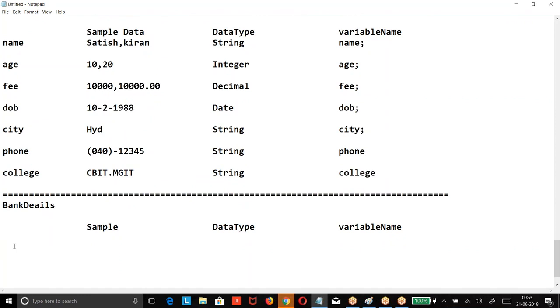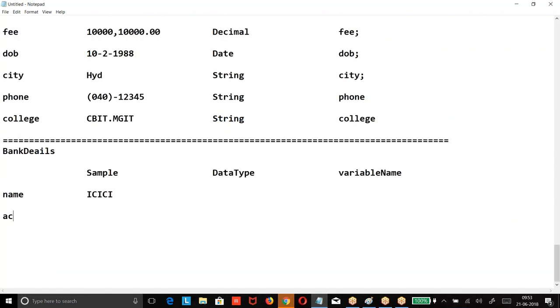Always your variable should represent the format of the data you are storing. Now I want to know college name, bank name, ICICI, account number or branch code, annual revenue.